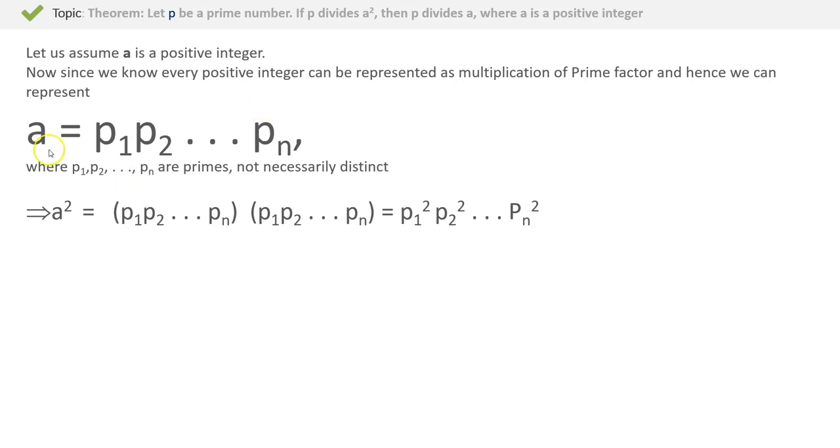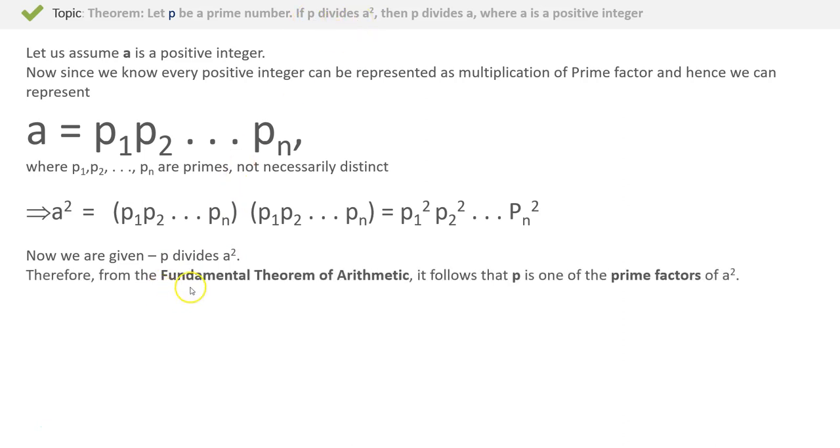Now if we multiply a 2 times, I'm going to get a square as p1 p2 up to pn times p1 p2 up to pn, which will give me p1 square, p2 square, up to pn square. And now, since we are given p divides a square, we can conclude using the fundamental theorem of arithmetic